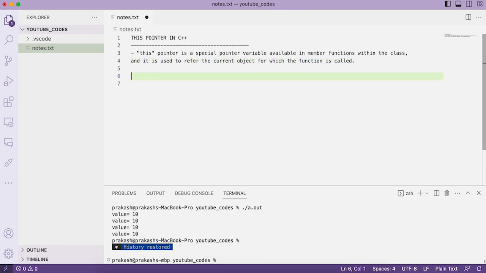It means by using this pointer we can refer to the current object for which the